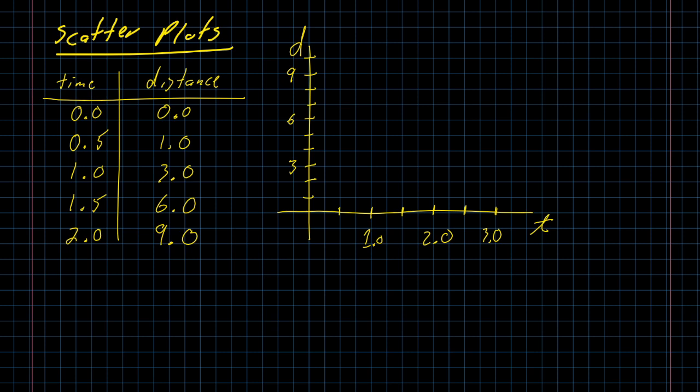There are some times when that's perfectly fine, and there are some times when that will give you a very misleading idea of what's going on. Always think about what that means in the practical application you're looking at. Right here, I'm looking at time and distance. I didn't write units in because I'm lazy, but time is probably measured in seconds or possibly minutes or even hours or days. Distance is probably measured in inches or centimeters or maybe meters or even possibly kilometers or yards or,